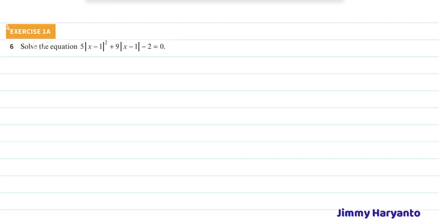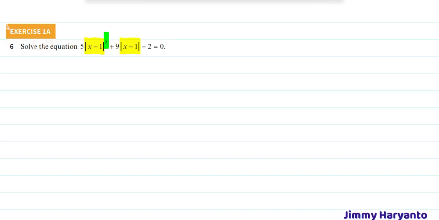Oh, my bad, we still have another question in exercise 1a, question 6. For this one, you have to check the type of equation first, but unfortunately there is no type of equation just like this. That means this one is a variation of the questions. As we can see, we have a common absolute value of x minus 1 right there, but the first has powers on it, the second doesn't have powers.